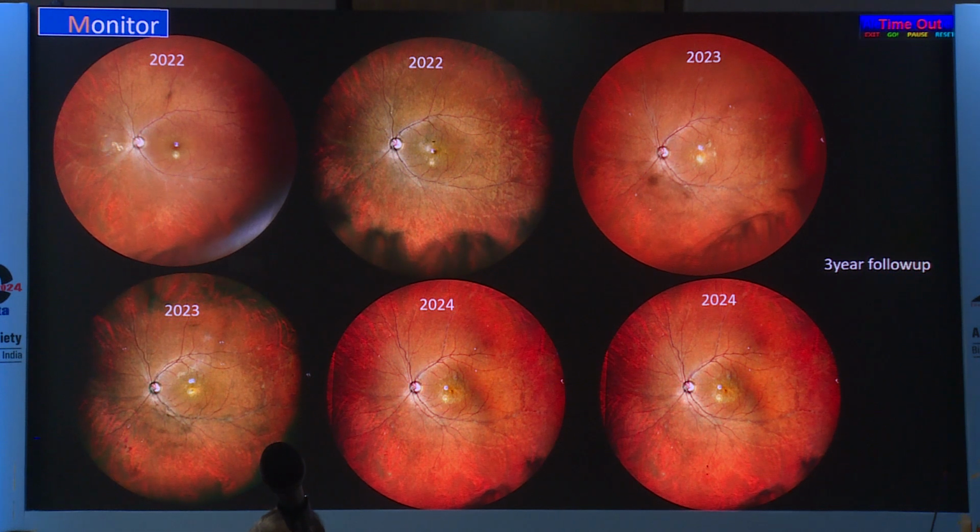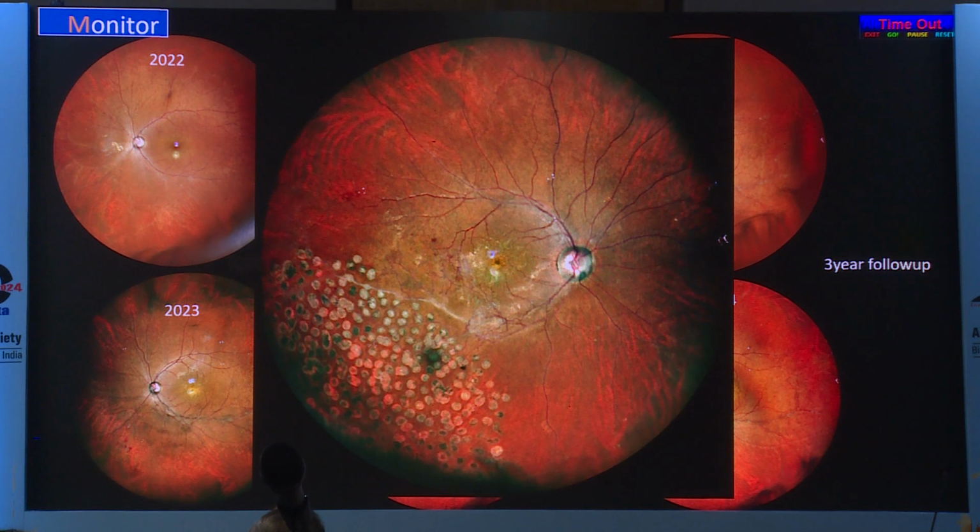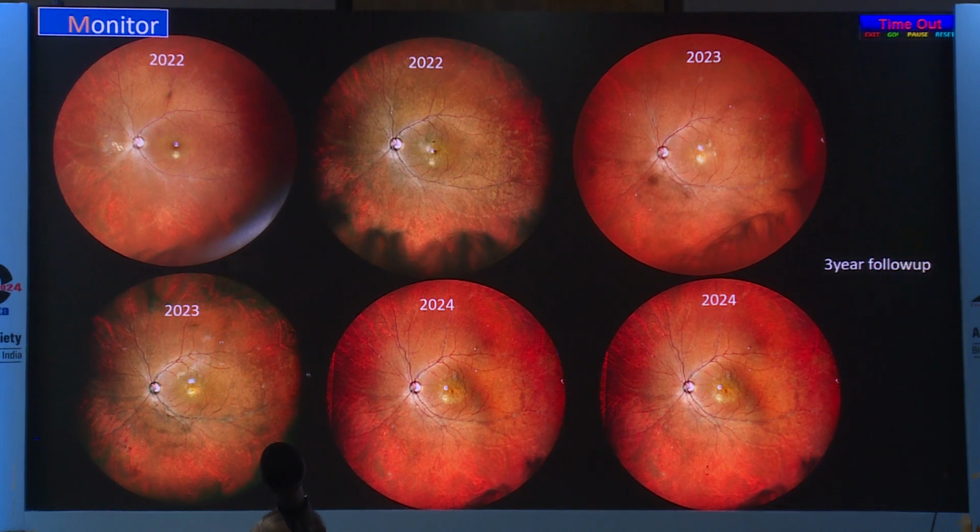Subtle areas of reactivation were picked up very well on serial wide field imaging, and I could prevent something which he had in the other eye because of using wide field multicolor. The other eye had a vascular occlusion by which he had lost vision. So I could prevent this vasculitis by closely following up with wide field imaging. As a matter of fact, I could reinitiate treatment. I could add a second immunosuppressive agent, and I definitely prevented this from happening. So close follow-up, diagnosing or picking up subtle changes are extremely useful in cases of vasculitis when you do a